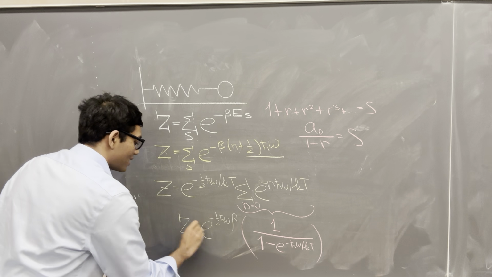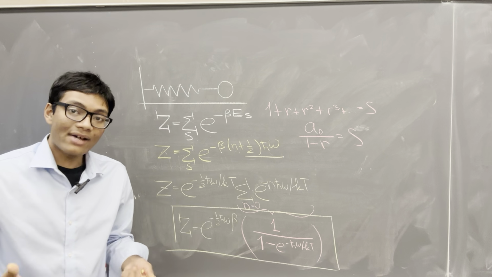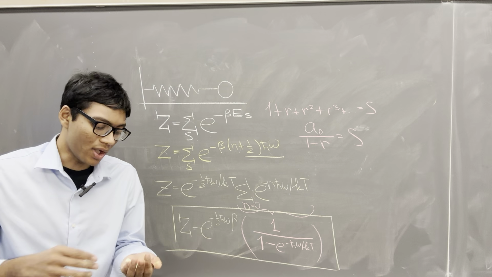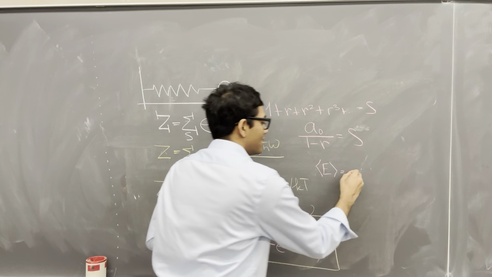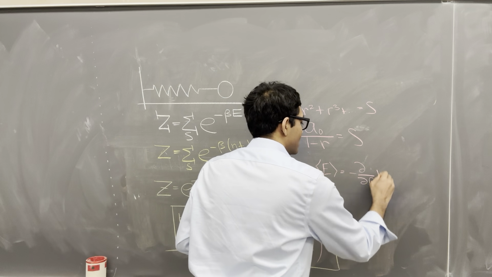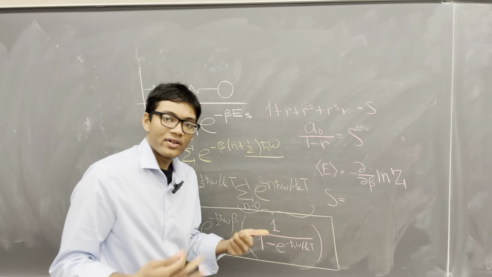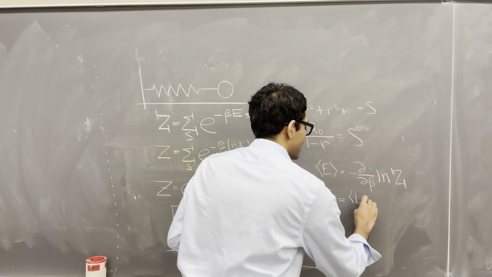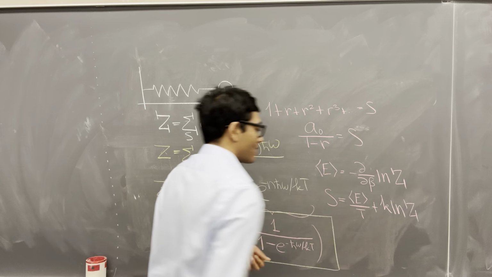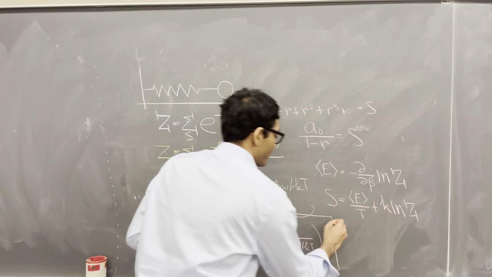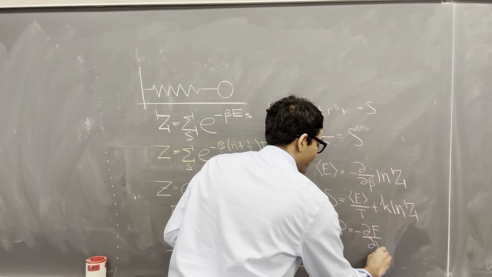And that, ladies and gentlemen, gives me the partition function for the simple harmonic oscillator. Now that you have the partition function, you can do anything you want using it. You can calculate the energy of the simple harmonic oscillator simply using minus partial beta of the natural log of Z. You can calculate the entropy of the simple harmonic oscillator system using the average energy divided by T plus k ln Z. You could find the pressure of the simple harmonic oscillator by doing minus partial F partial V,